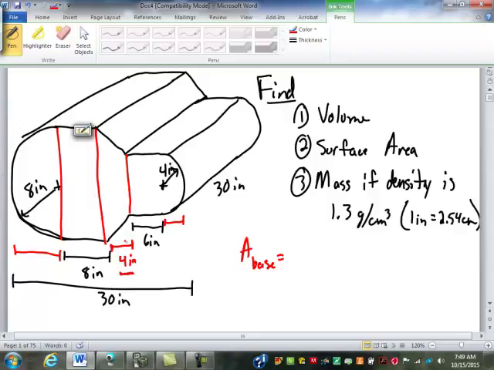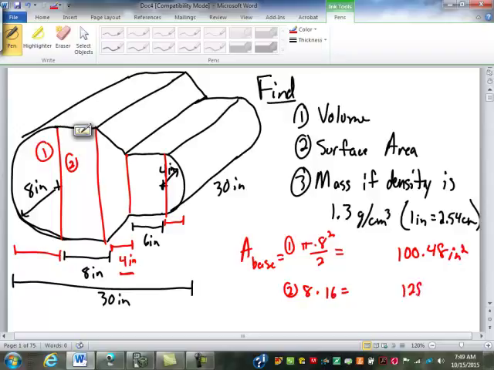Okay. So now, should I cut this here too for the half circle? Section 1 here is a half circle. So that'll be pi times 8 squared divided by 2, which is about 100.48 square inches. Section 2 here is just 8 by 16, or 128 square inches. Section 3